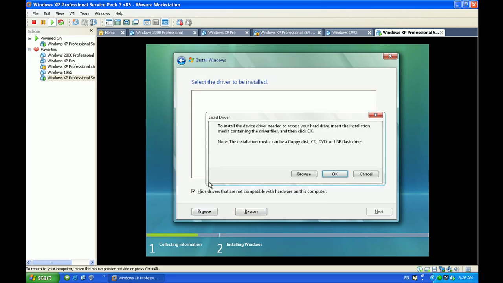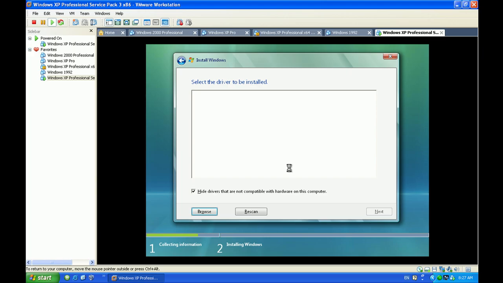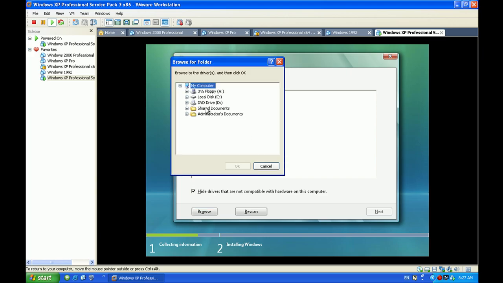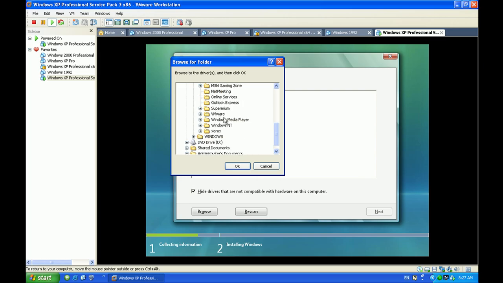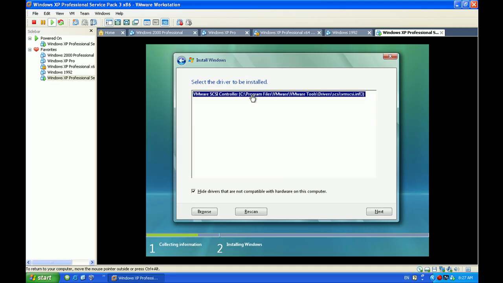I will select Load Driver to install. I will select the VMware drivers. Go to the drivers, SCSI, click on OK, and then click on Next. When you're done installing the driver,